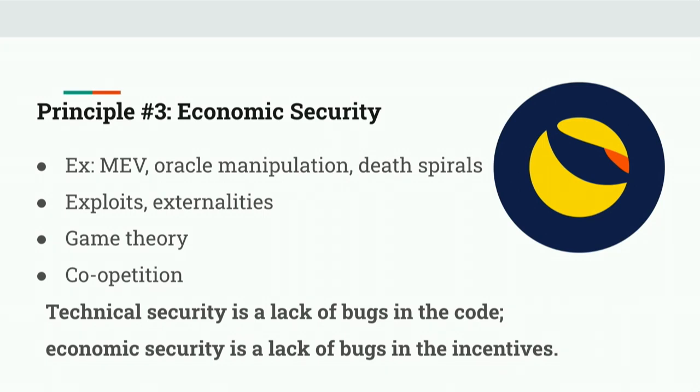So that's an example of an externality that you can end up with if you're not considering economic security as you're designing your protocol. It also includes game theory, the sets of incentives that you're using to get users to take certain actions. And I put this word co-opetition up there because I came across it as I was preparing for this talk. Co-opetition is the macro alignment of incentives with micro incentives, where micro incentives might be between